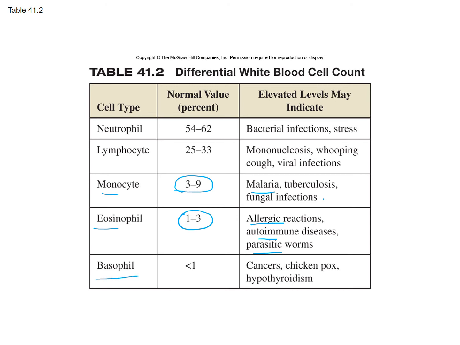And the basophil, less than 1%. If you find this percentage high or elevated, that means the patient has cancer, chickenpox, or hypothyroidism. So actually you can tell a lot about the health of a person by the blood analysis. That's why this is the first thing when you go to the doctor. They take the blood pressure, the pulse, and they take a blood sample to see